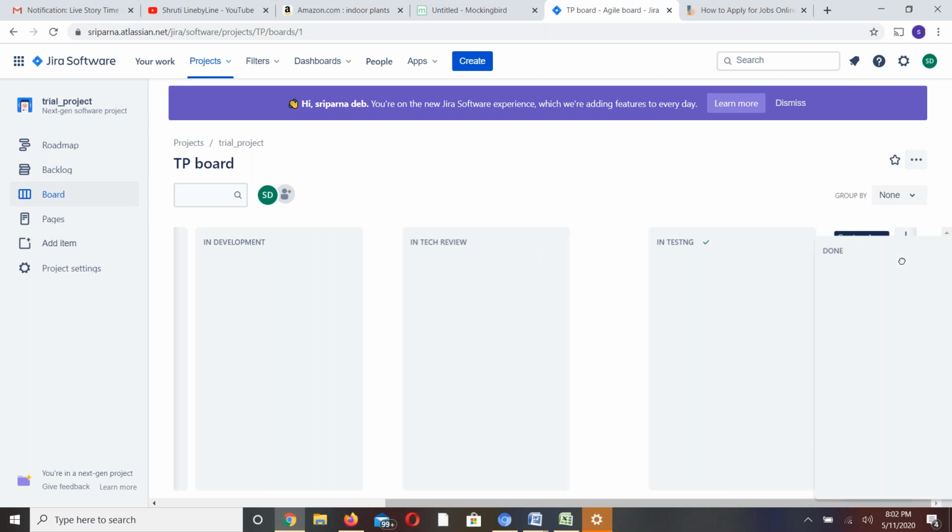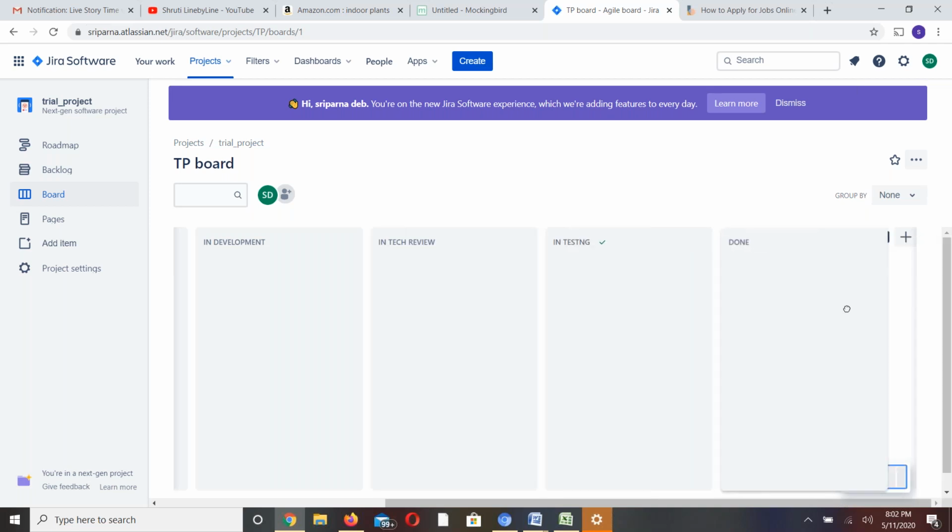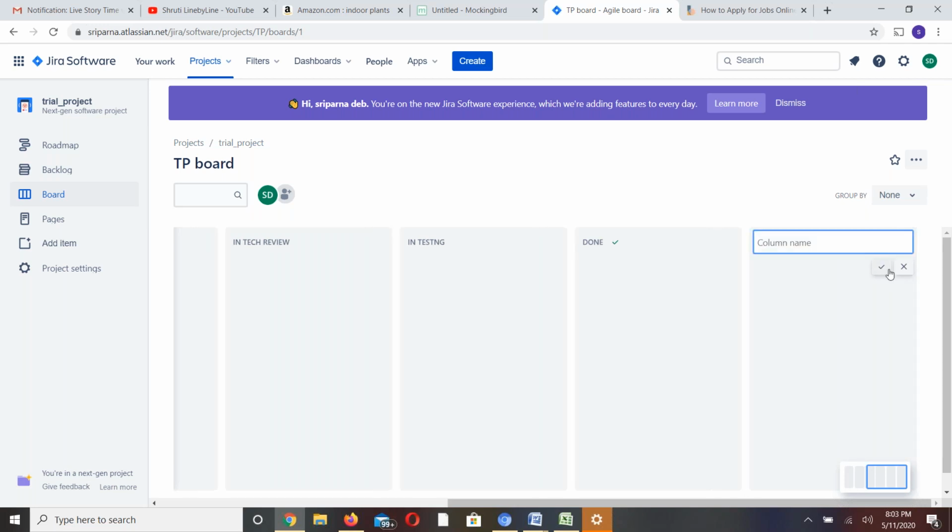So once the development is done, it will go into in tech review, then in testing. After testing there is one more status called verified or resolved status, then resolved and completed, the done status.